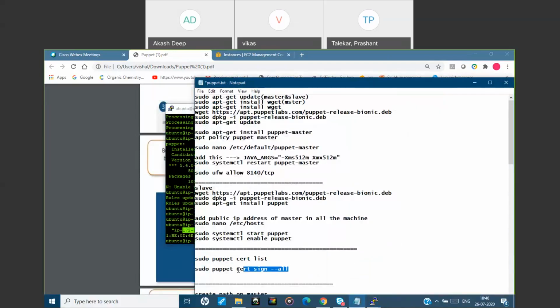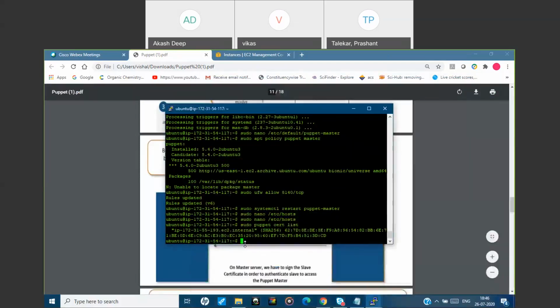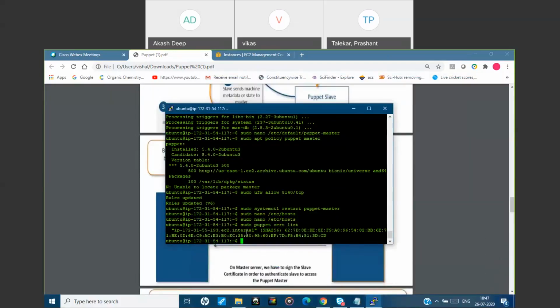Suppose we had configured 1,000 slave servers, then the master will have 1,000 requests. With the help of this command, sudo puppet cert sign --all, if there are 1,000 requests, all requests will be accepted.